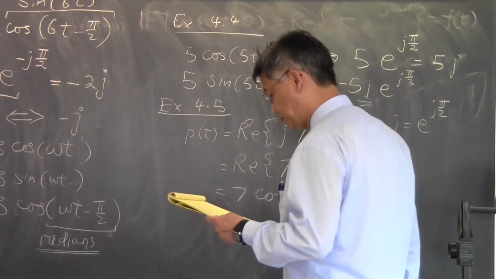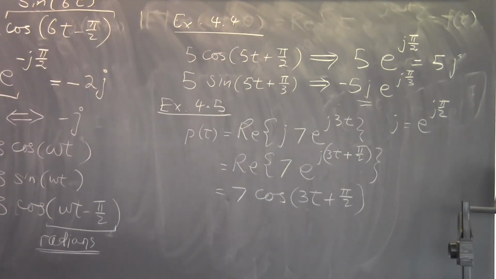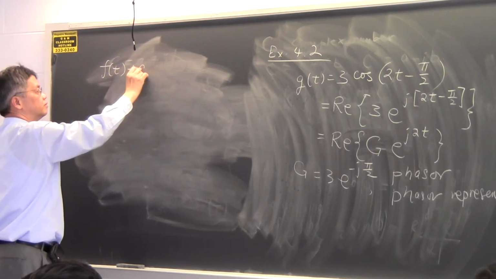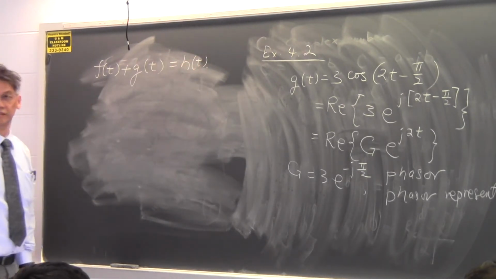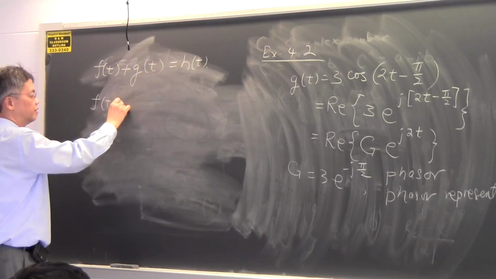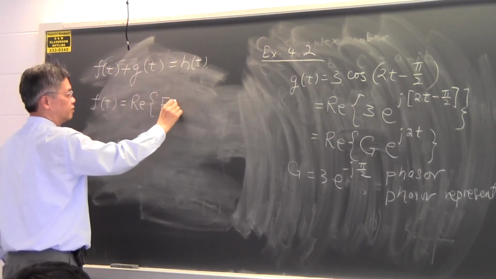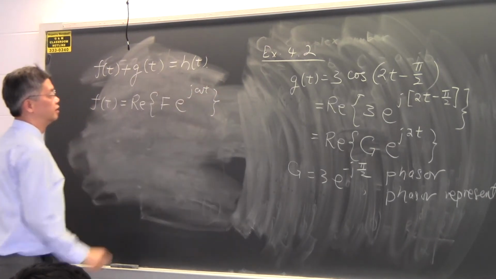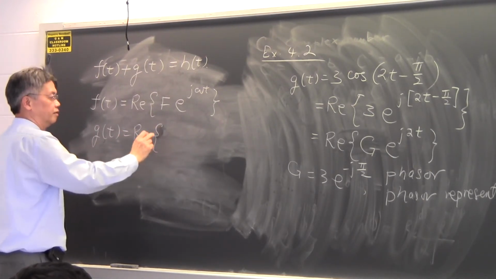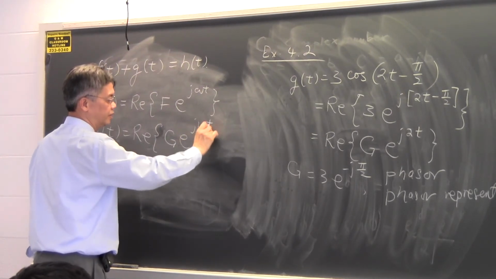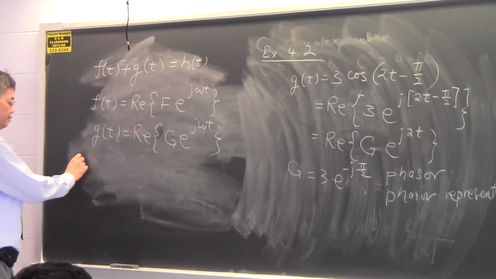And let's show that phasors obey the principle of linear superposition. If I have two cosinusoidal functions, let's call this an h of t. If I know that f of t is represented by the real part of a phasor function times e to the j omega t, and g of t is represented by the real part of another phasor function times e to the j omega t,